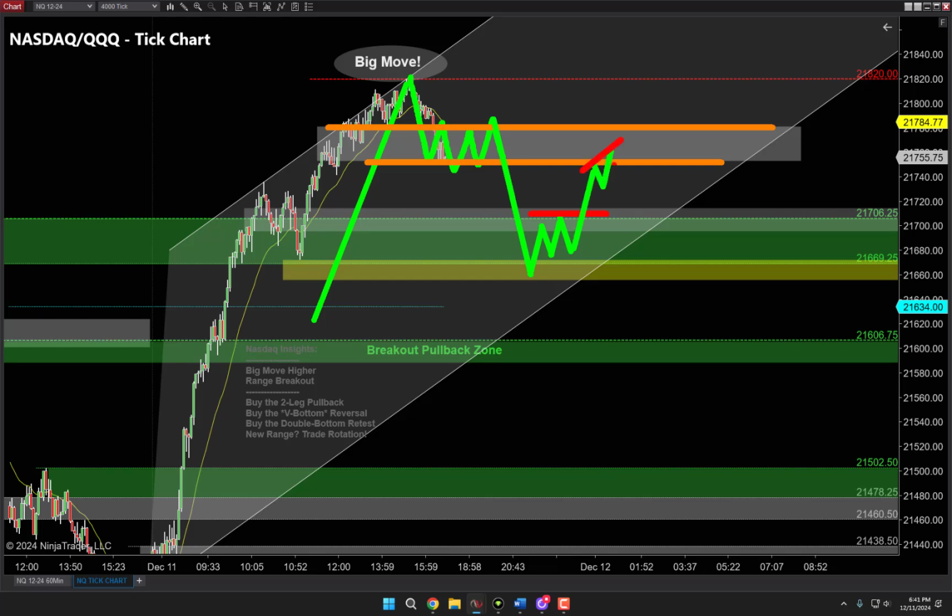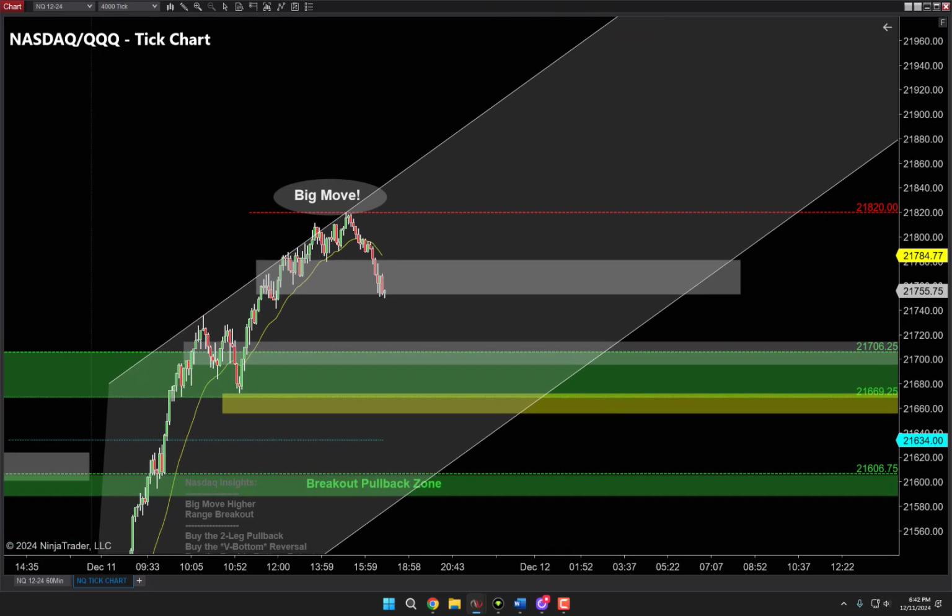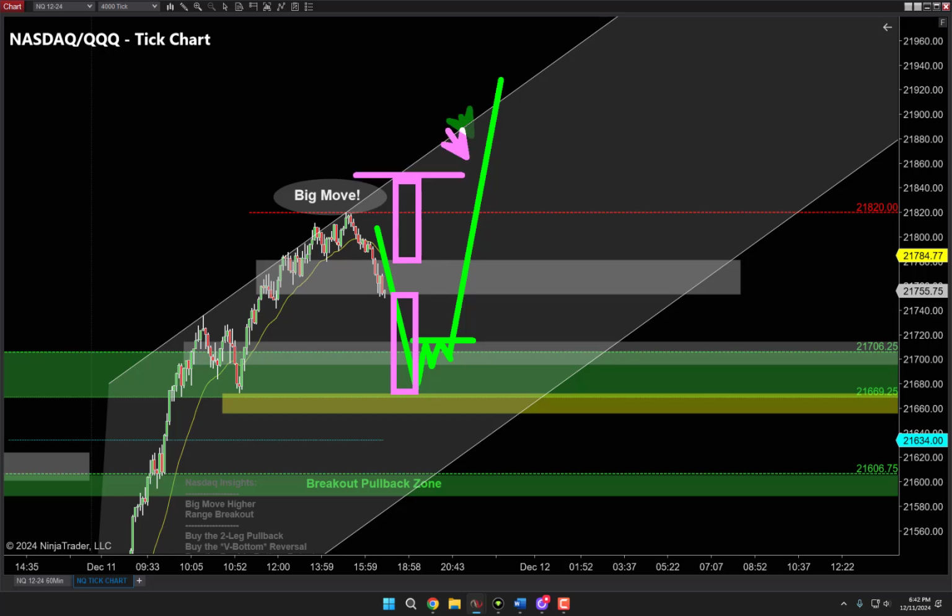That the market now wants to rotate. It wants to rotate where? Back to the other side of that range. It's that pendulum, as we would call it in the free video course. Amount below, the amount above, that is your final target. And remember, if we blast right through that pendulum swing, if we run lower and then squeeze back higher, if we blast right through that pendulum swing,